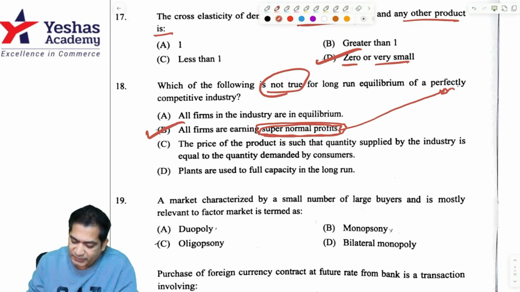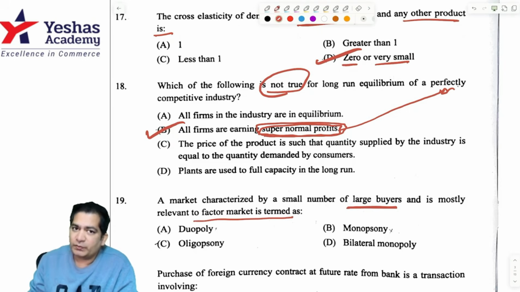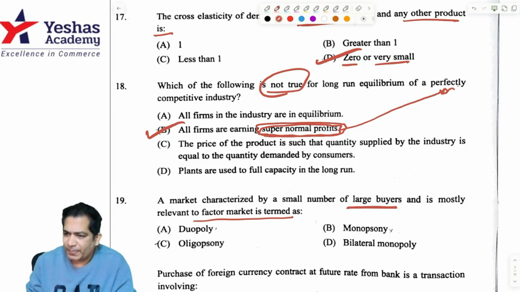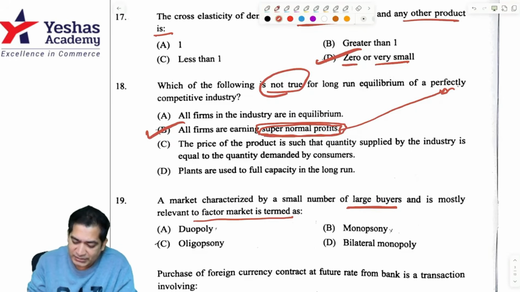A market characterized by small number of large buyers, not large sellers, and is mostly relevant factor to the market. So we know that in an oligopoly, there are small number of large sellers. But if you reverse it, rather than that, you have small number of large buyers. Then it changes to